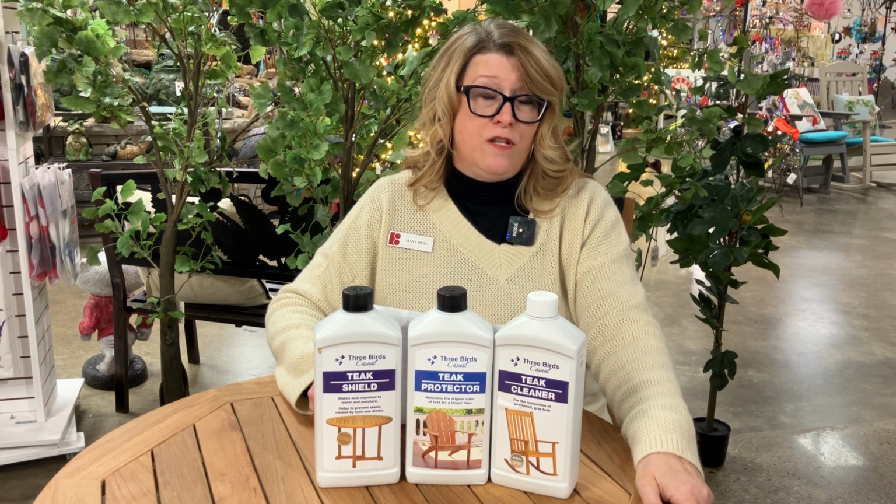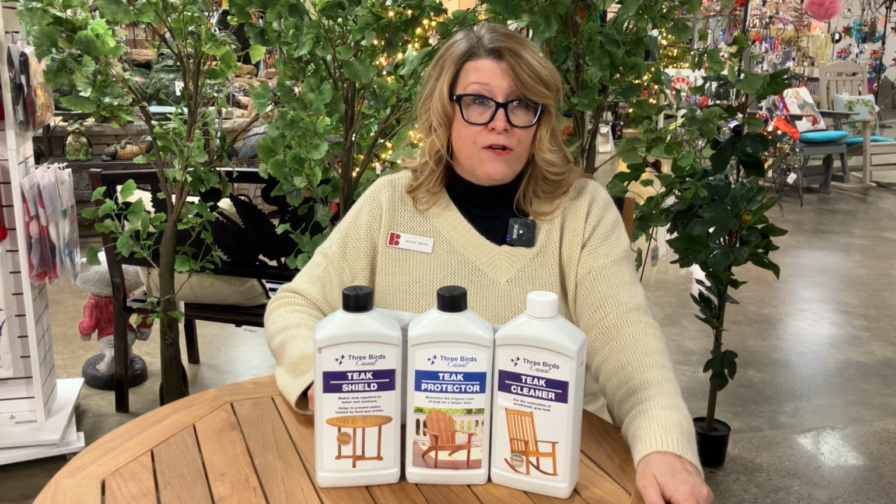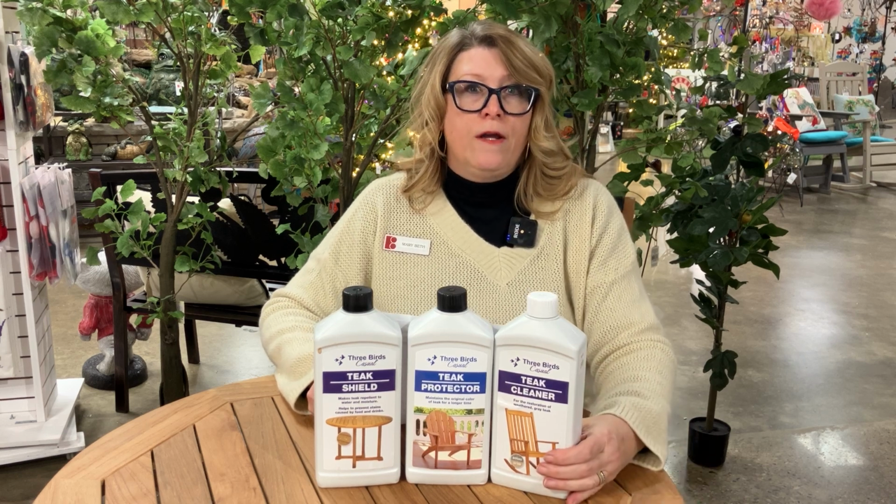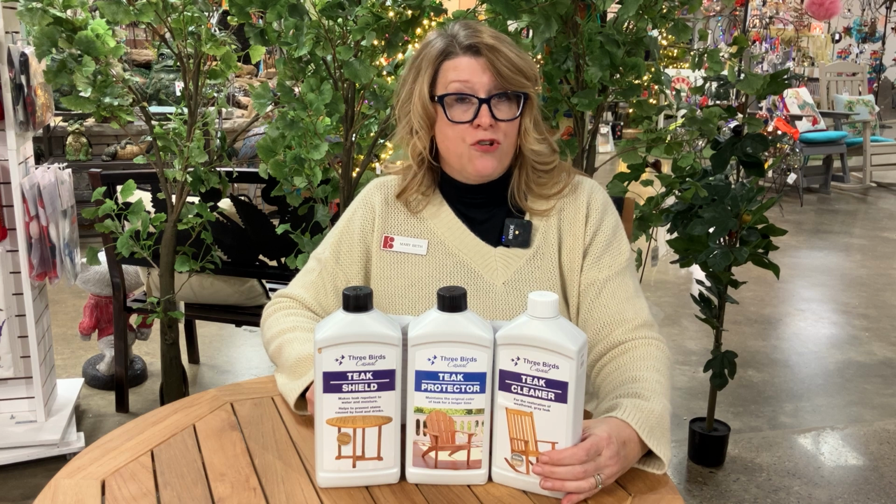In fact, it's been used in the boat industry for thousands of years because they have all those great properties in it. If you want to learn more and you want to know what teak manufacturers we carry, come and